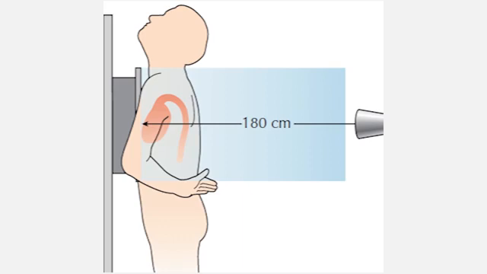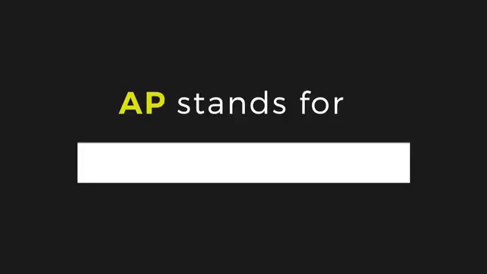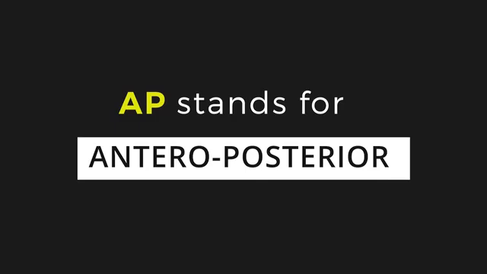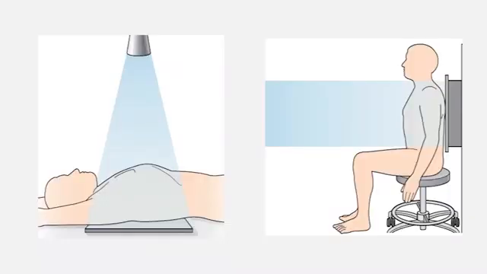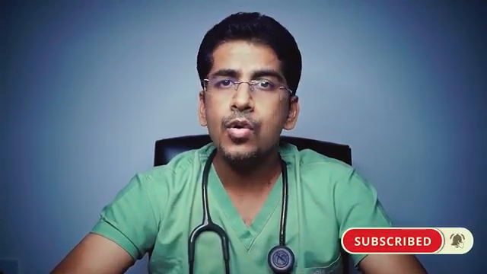On the other hand, AP stands for anteroposterior. In this imaging the beam shoots from the front, that is anterior of the patient, and hits the plate located behind the patient, that is posteriorly. This is done in patients who are frail, who are not able to stand, or who are admitted